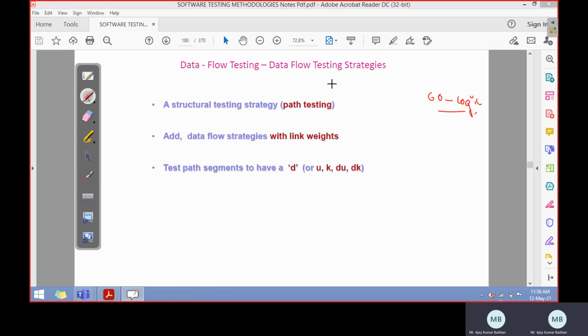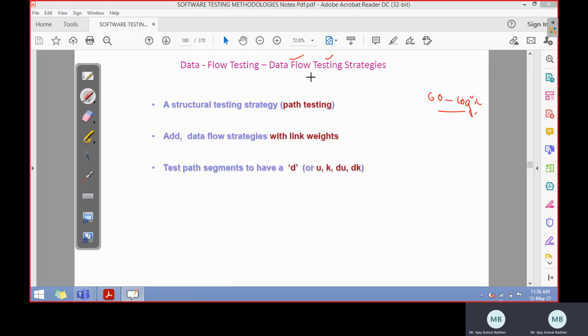In the same way, when we are performing data flow testing, there are different strategies in order to perform this kind of testing. Those strategies are what we are going to discuss here. What are the different strategies we can use to perform testing, which strategy is better, and which is optimal? We can also think about that.